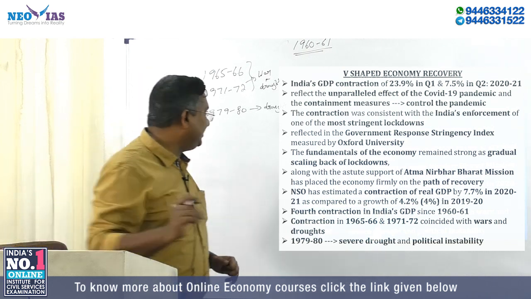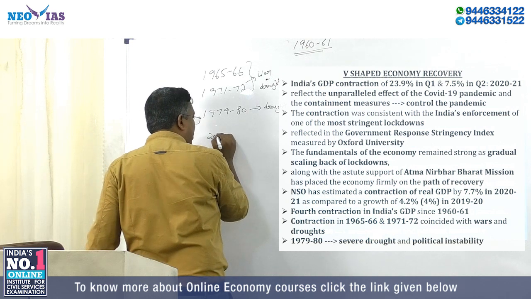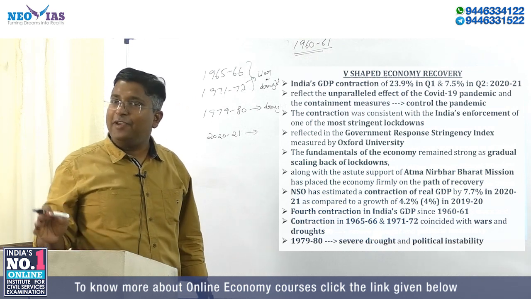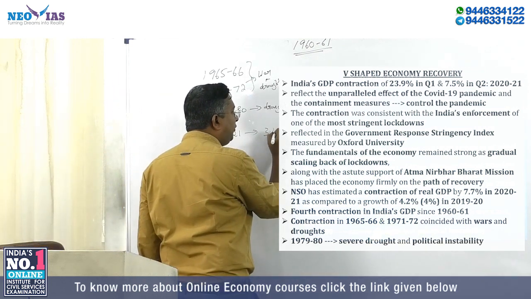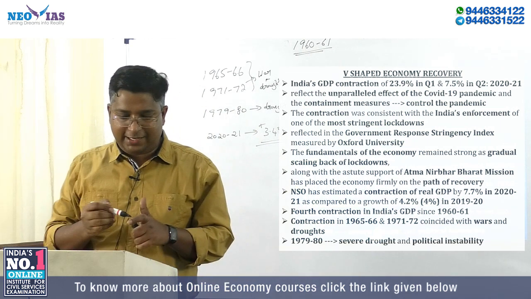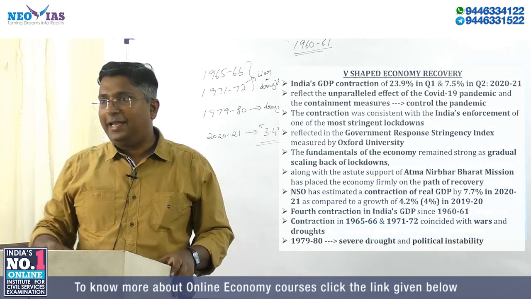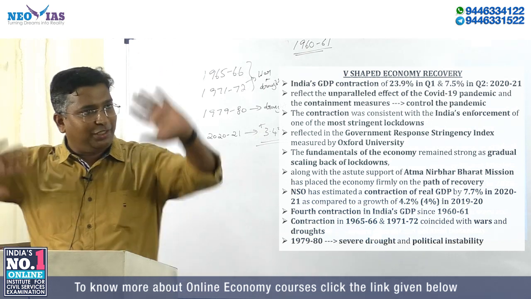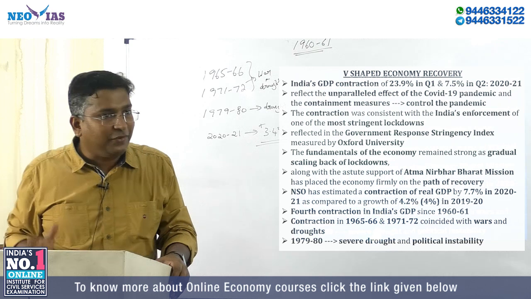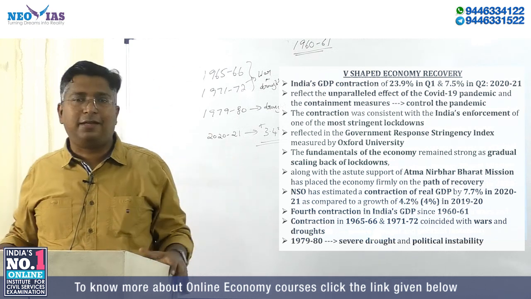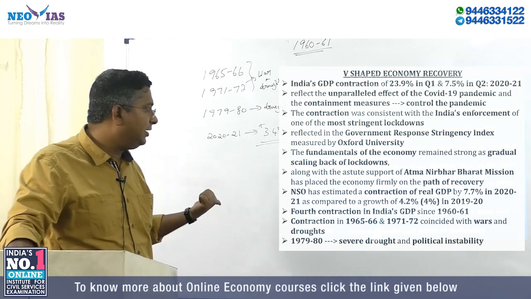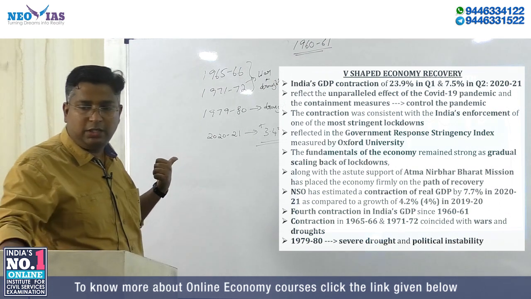But this is one important thing, this is actually the question you have to note down. In the 2021 GDP contraction, there was no drought, rather we had a positive growth of 3.4% in agriculture. I told you, take three things: agriculture, industry and services. Industry and services contributed to negative growth, not agriculture. Agriculture was good, there was a decent growth rate, both in the first half and even during lockdown, it was not affected. I am not saying this, the economic survey is saying. So this can be a question. Okay, we'll come to it.